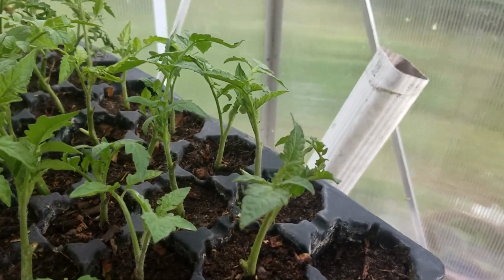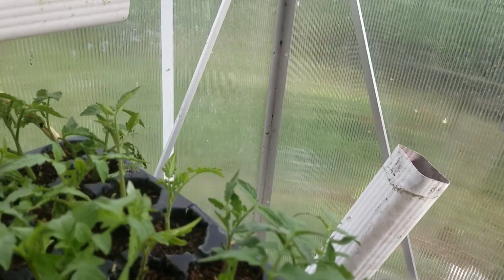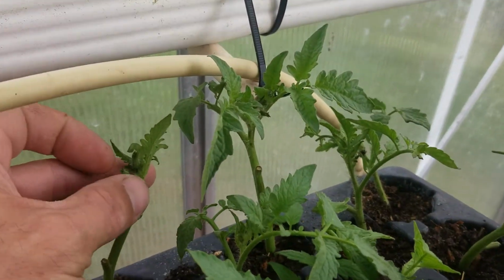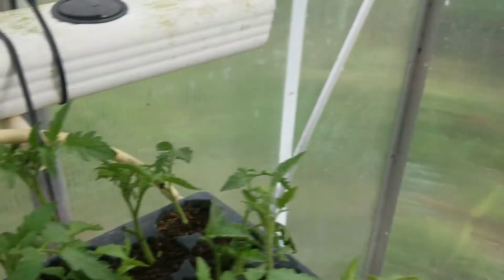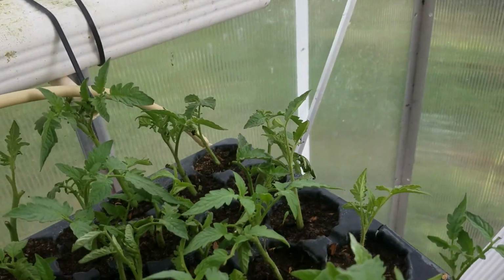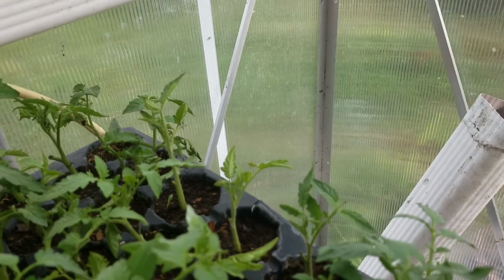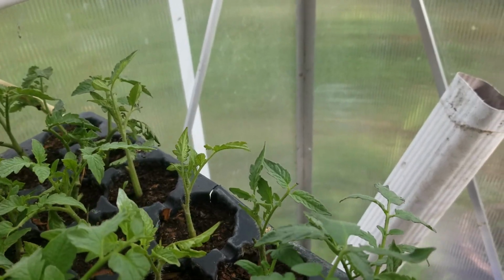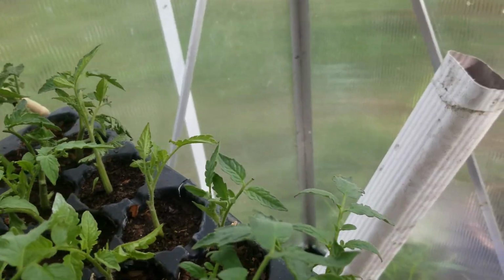Look at these. These are all yellow, or the black crims. Now you see this? See how I got flowers? Boop. Pull them off. Get them off there. Because all it's going to do is hinder the growing stage. You want these to grow vegetation and not flowers, because there's a lot of energy that goes into producing fruit